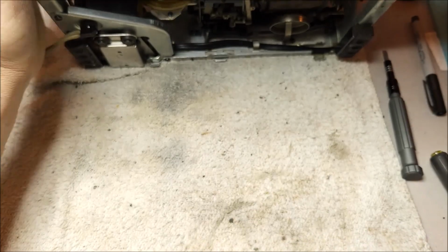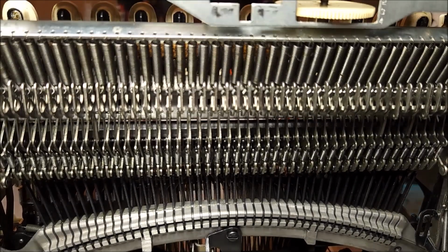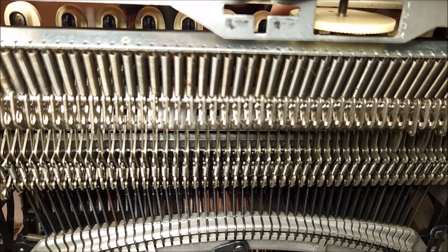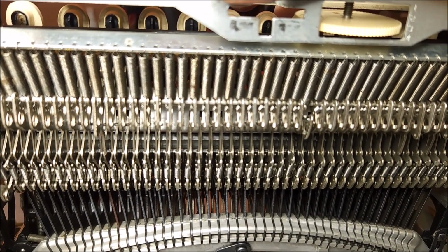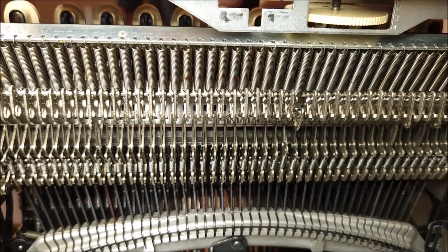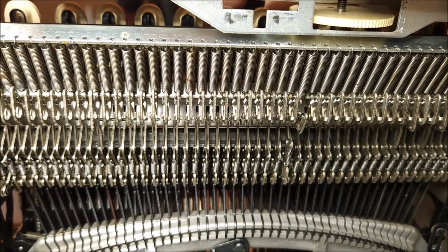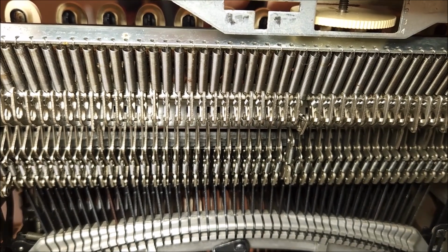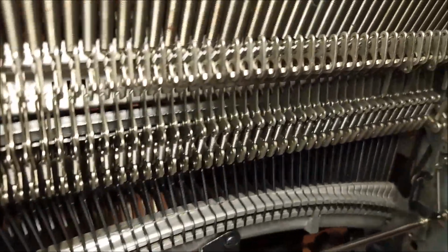So what's going on here is that the cams, and I'll note that with gravity the way it is, there are certain things that aren't necessarily going to work quite right. For something with so many springs, it's amazing how much of these mechanical devices require gravity to be in the correct orientation. So as this bar turns, the fin catches that finger, pulls it up, pulls this cam, drives it against the type bar, and then, if I can show this here,